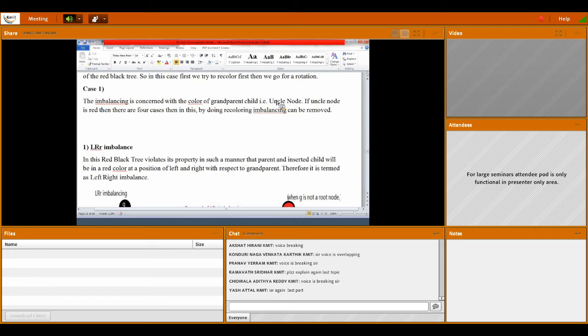Okay. There are 4 varieties. So in these 4 cases, based on right, it violates the parent with respect to the grandparent. So here, when we will call it as a